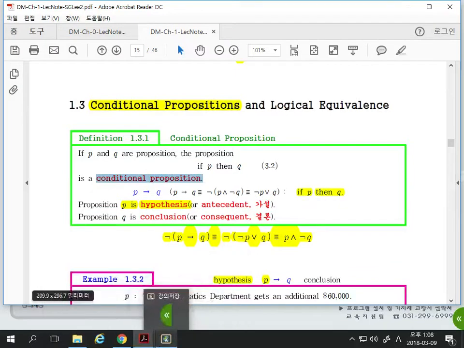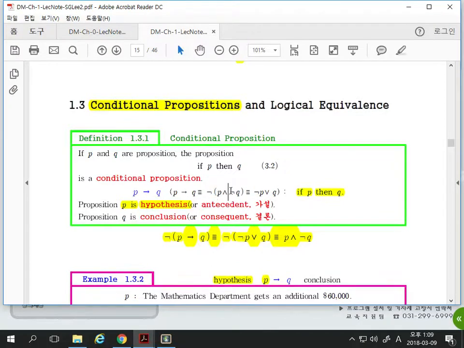If P is true, then Q follows. So there is a condition here, so we call it a conditional proposition. P implies Q. This can be written in these ways. These are all logically equivalent. P implies Q is the same as